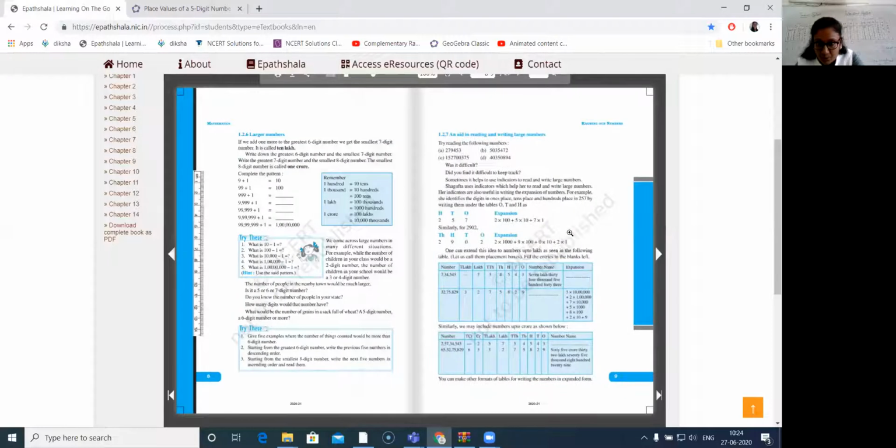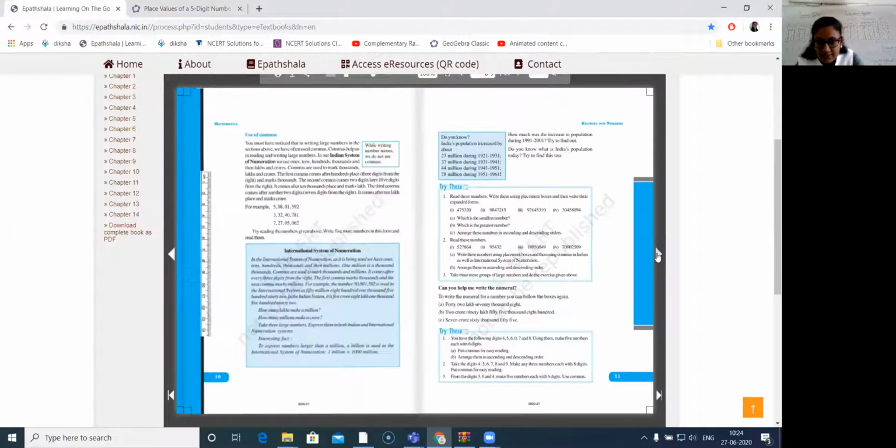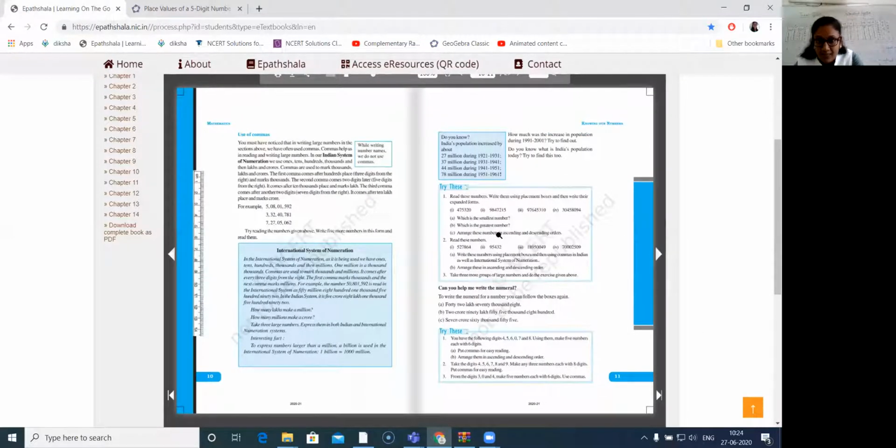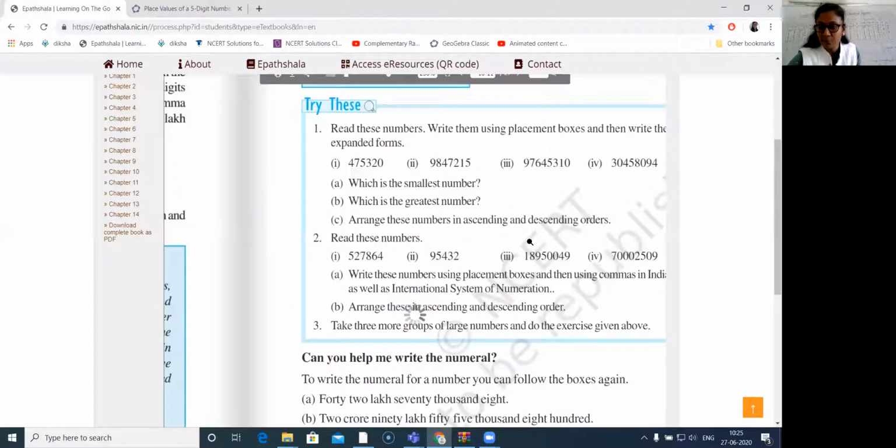If you have your textbook, please take it with you because this is what we are going to discuss now. Try this on page number 11. If you have your textbooks, please open it so that we shall be able to do this problem. So I'll just expand it a little. When I'm using the board again, I'll go back to the board. So let me use this